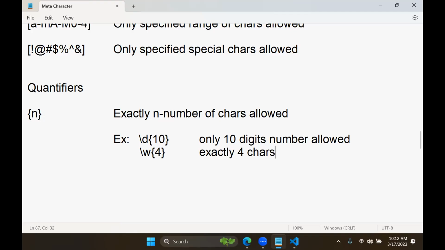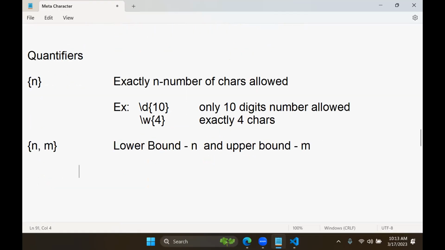Not less than, greater than. You can write like this: n, m. This defines the minimum, that means the lower bound. The lower bound starts with n, and the upper bound is m. If I write, for example, slash D